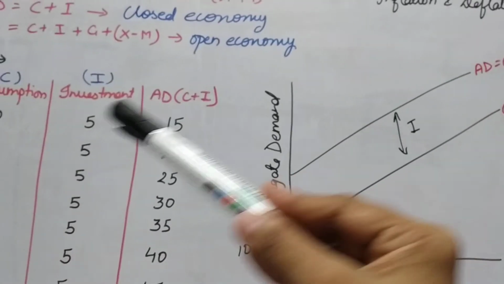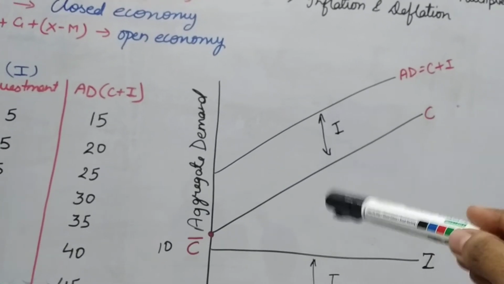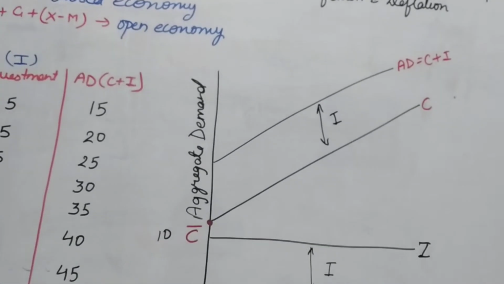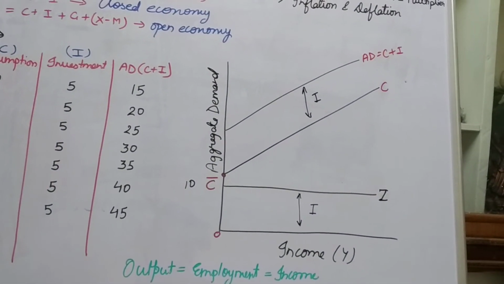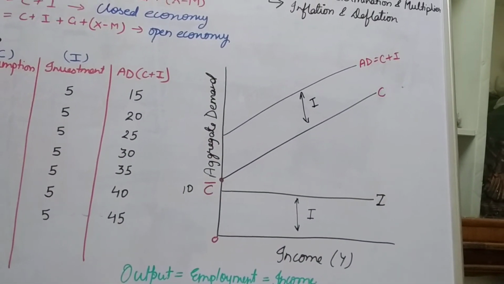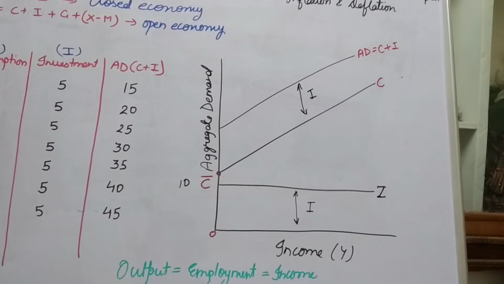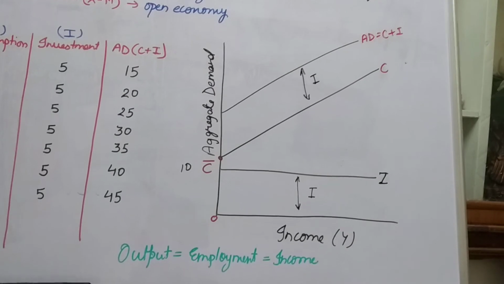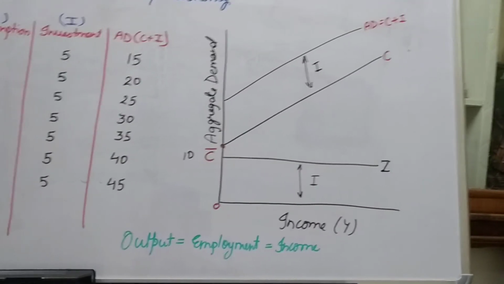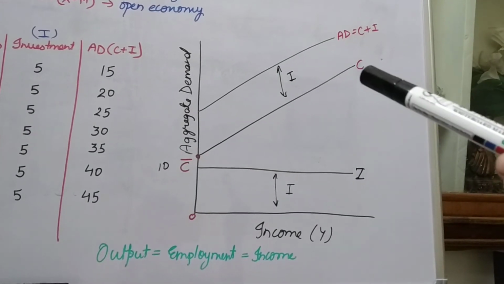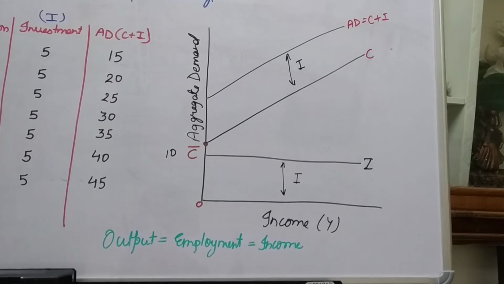That means when you add C and I, you will get the aggregate demand curve. There is a gap, the reason behind it is autonomous investment. So the explanation: the AD curve is shown as the total of C plus I, and the investment curve I, which is parallel to the x-axis, is the autonomous investment, and its unit is 5 always. C is the consumption curve, it is written over here, this is C. C is the consumption curve which is positive or upward sloping.